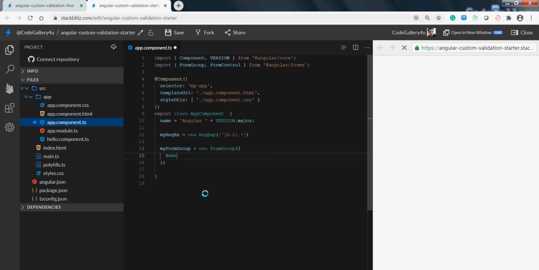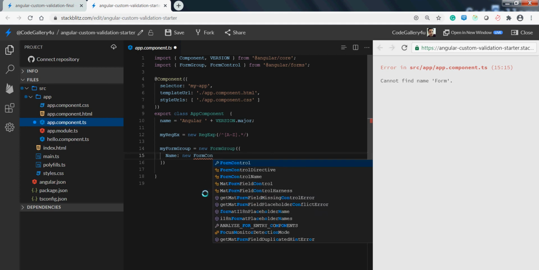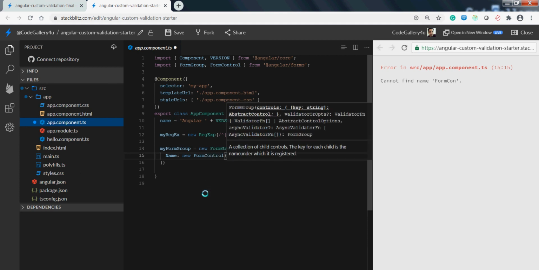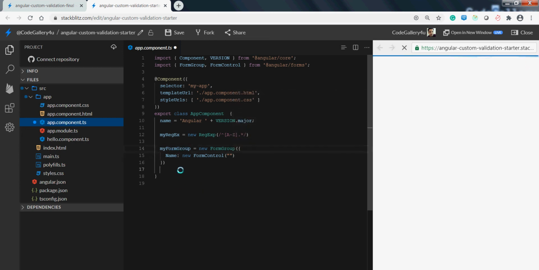The control name should be name, new FormControl. You can again take it from the IntelliSense provided by StackBlitz for the Angular directives. I'm going to take this FormControl. Now we have defined the form control in our component.